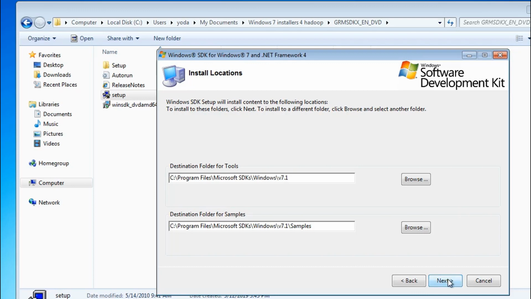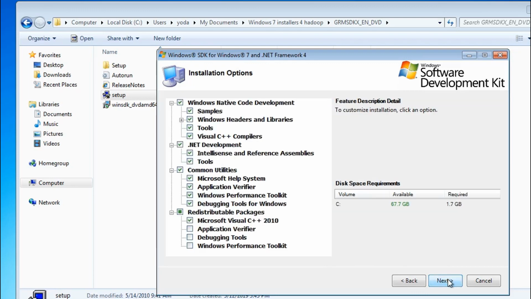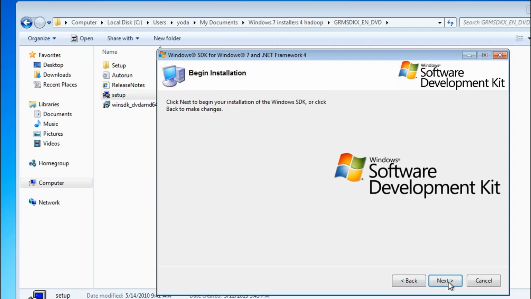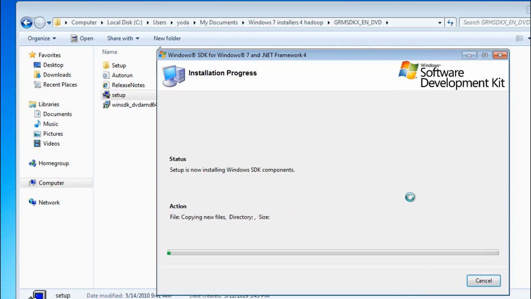So go ahead with the default locations and similarly don't change the installation options. Whatever default we have, it's good. So this Windows 7 SDK is going to install all the required tools and compilers which are required for us.